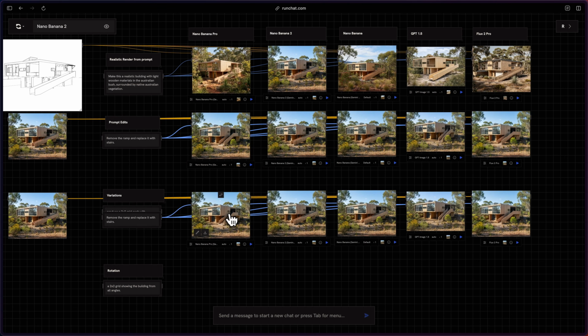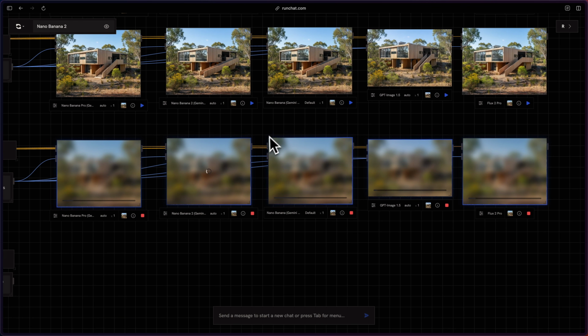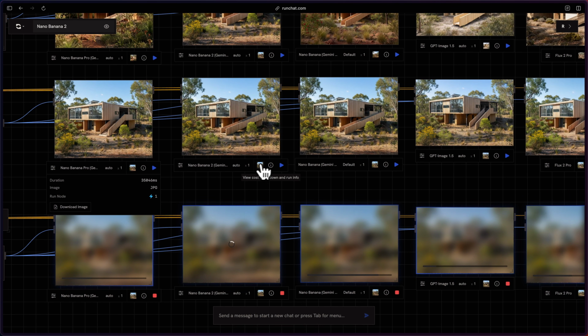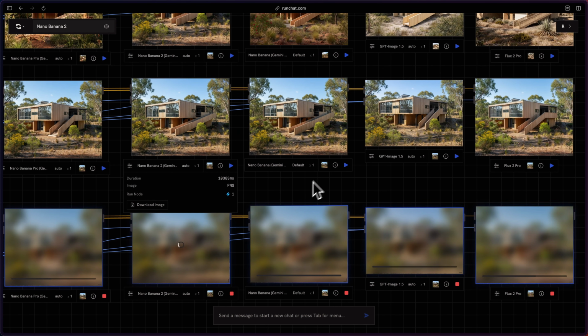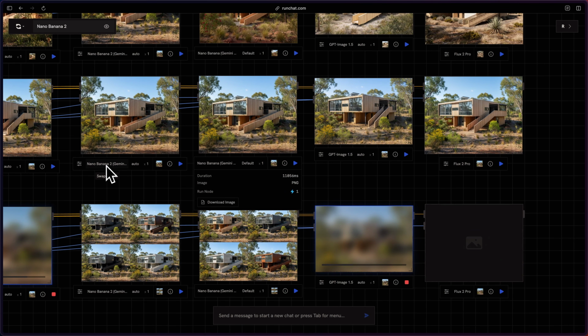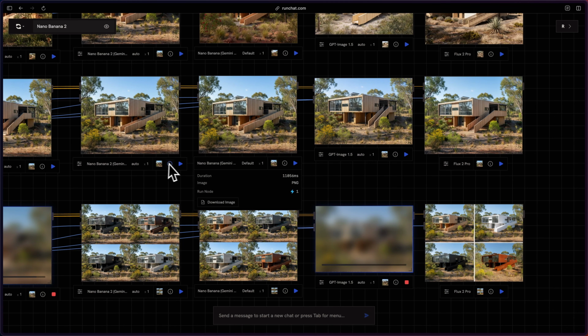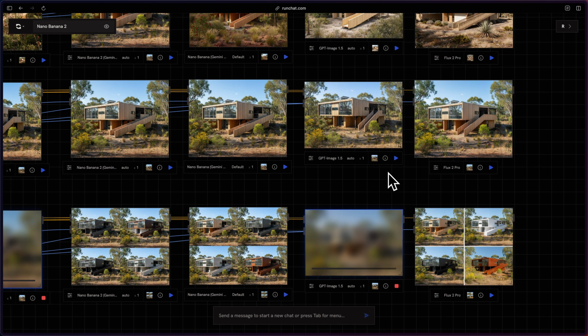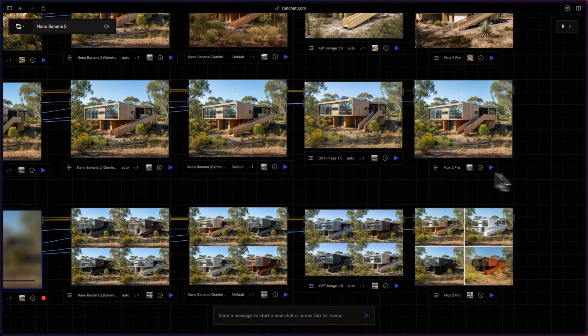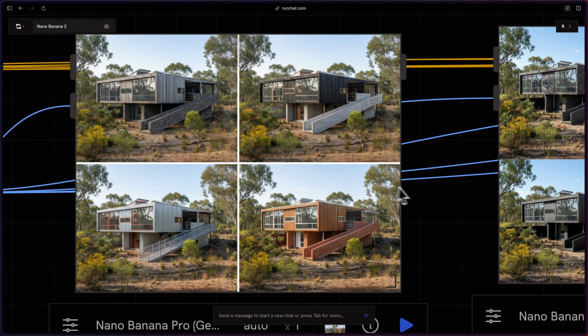Just going to copy everything. Okay, while we wait for that, let's just talk about speed quickly. So Nano Banana Pro was 30 seconds. 2 was 10 seconds. Nano Banana, the original, is 11 seconds, so not that much faster with Gemini with Nano Banana 2. However, I think we could assume that there's going to be scaling issues, so this might get faster going forward. Who knows? GPT 1.5 is 30 seconds and Flux 2 is 15. There are faster Flux models. So for Gemini,